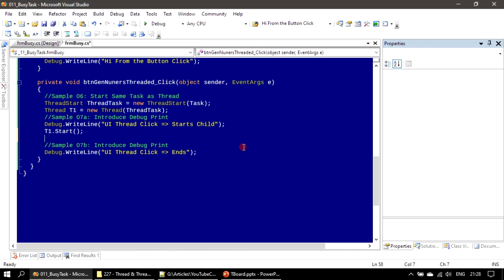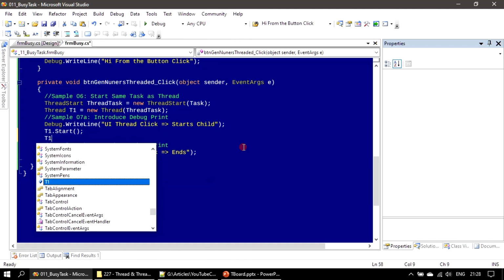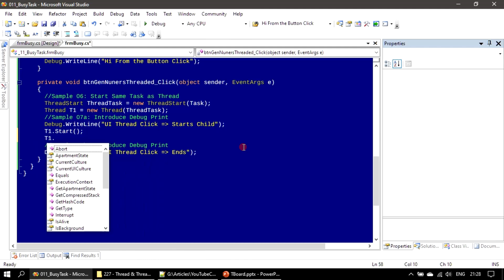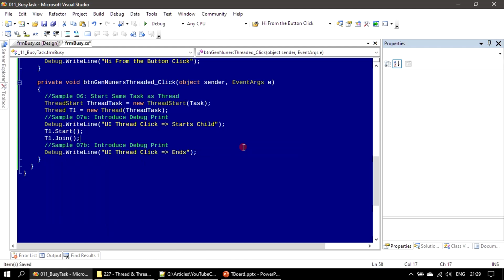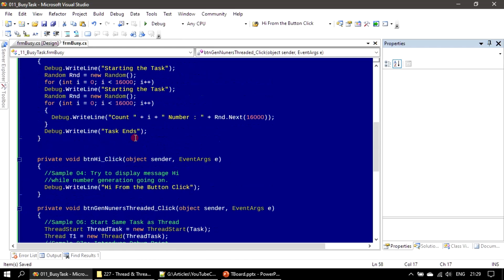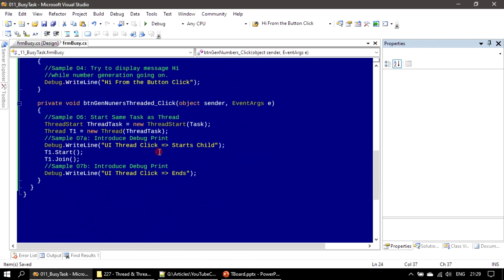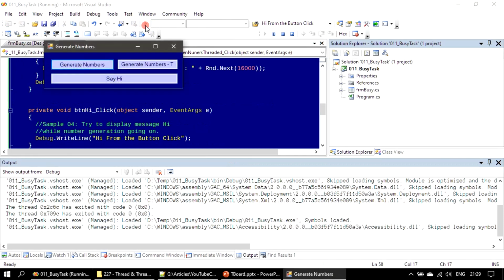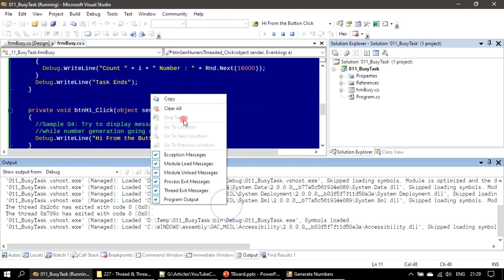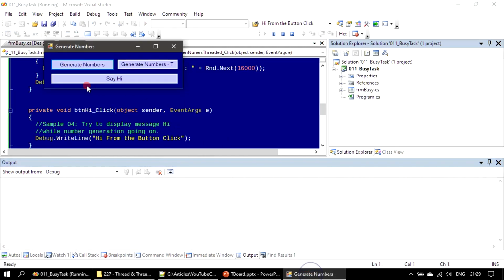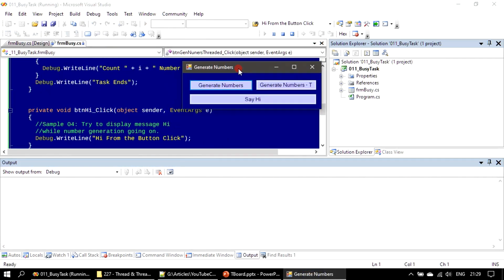Now if I introduce T1.join, once again we are going back to non-threaded behavior, but it will help us to study what is the use of the join method. Here we are using the join method in a wrong way, but still you will understand what happens. So now I am generating